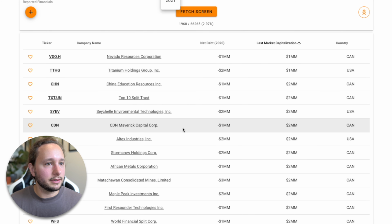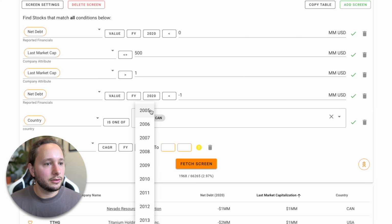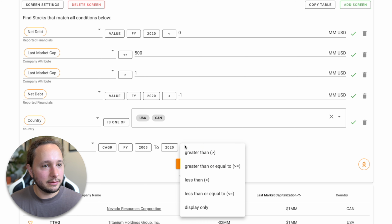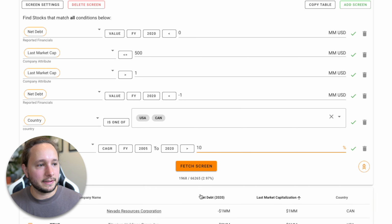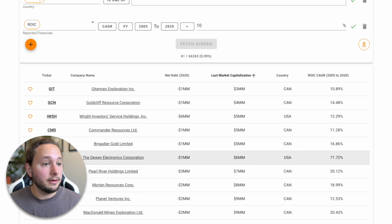Compounded annual growth. We want to go down to 2005 to 2020. Let's see what this yields. I have no idea. Greater than, okay, let's say greater than 10%. So we want a company that's growing its return on invested capital at greater than what the S&P 500 historically has done. So if we take a look at the results of this screen, we see a company called the